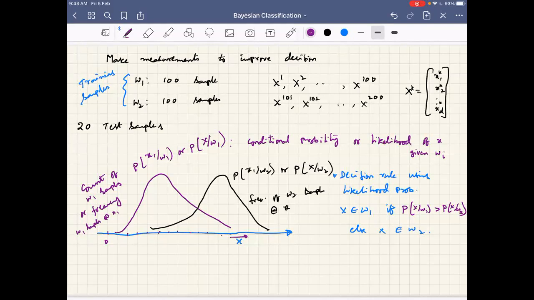So can you repeat it once again? Yeah, P of X given omega 1 gives the probability at a given X only, whether it belongs to the omega 1 class or the omega 2 class. It doesn't tell overall. If you make a measurement for a test sample and get the value of its feature, then based on that feature it says which class it may belong to. But it will not tell overall, so it is not the class probability. P of omega 1, when we write it here, is the class probability.